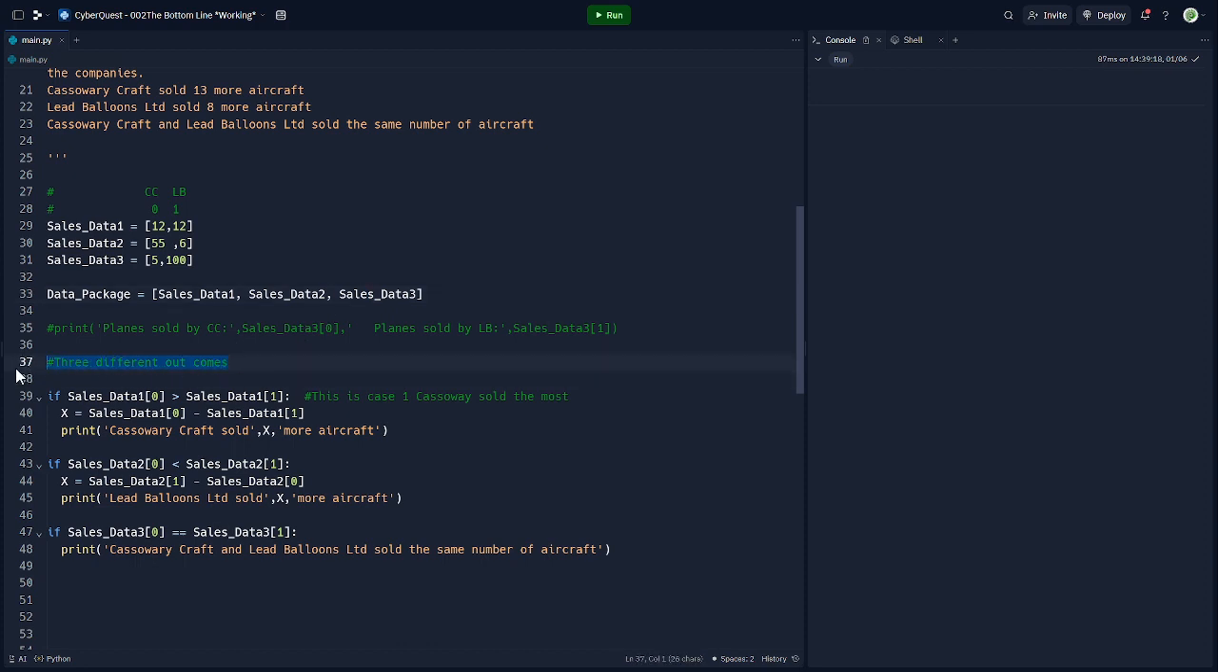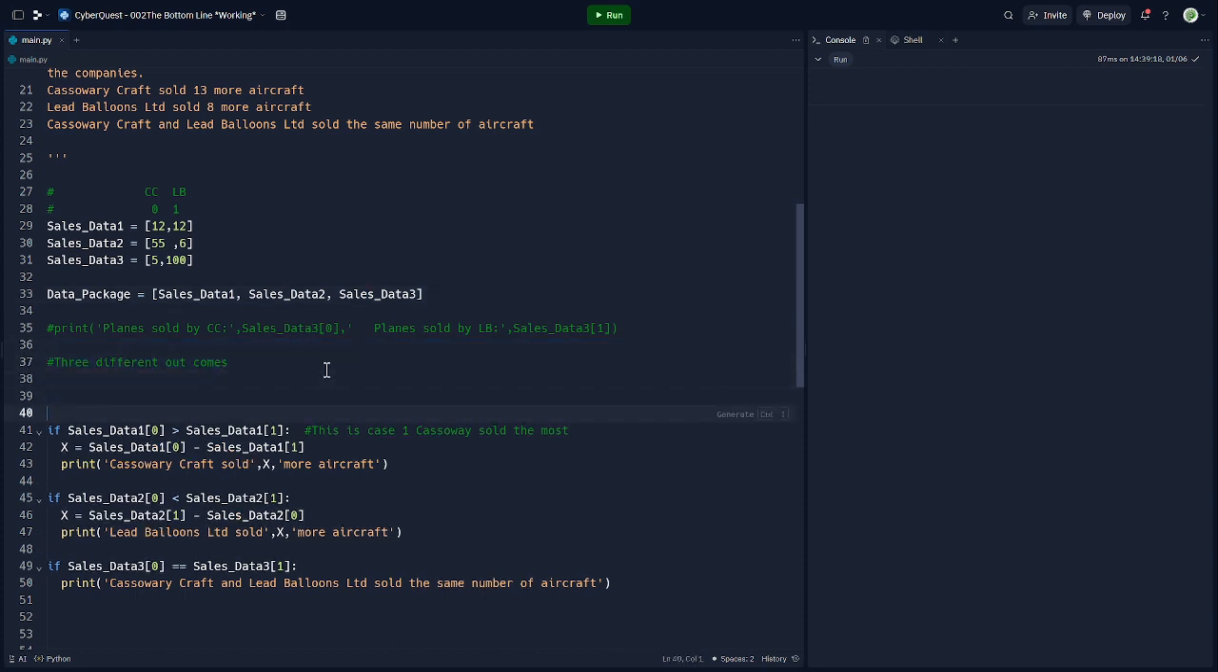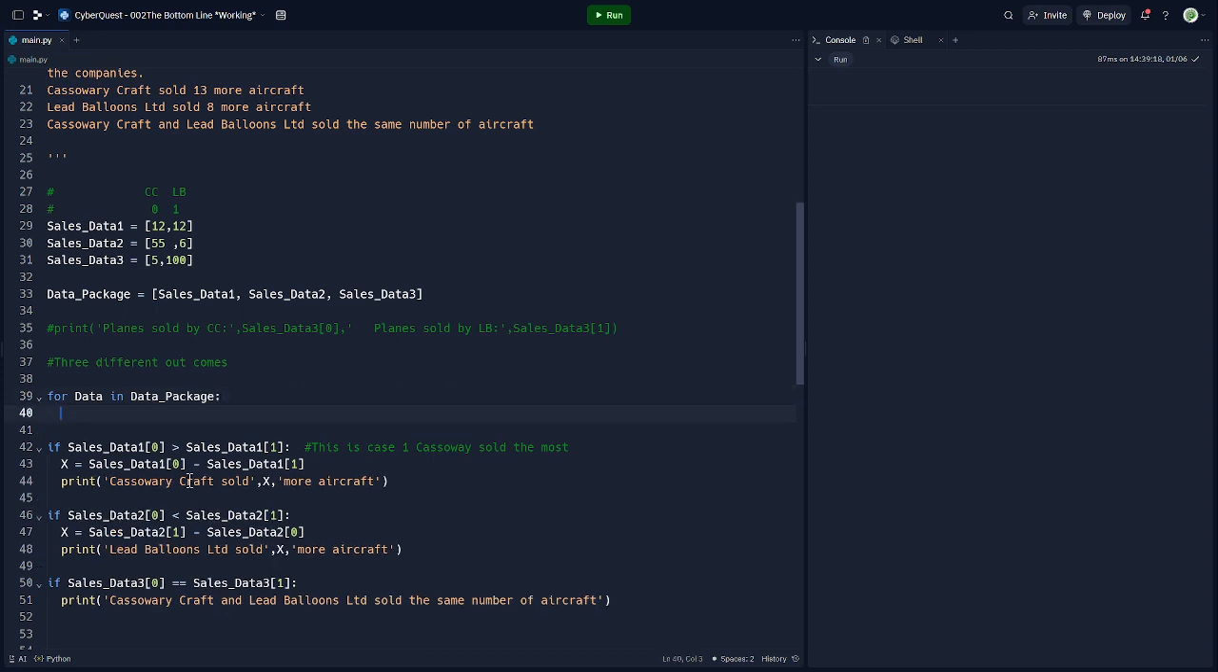So let's come up here, and how we can do that is with a for loop. We'll say for data in data package, we want to do something. We want to compare the data in that data package. So the first one, instead of comparing just sales data 1, we're going to want to compare the data